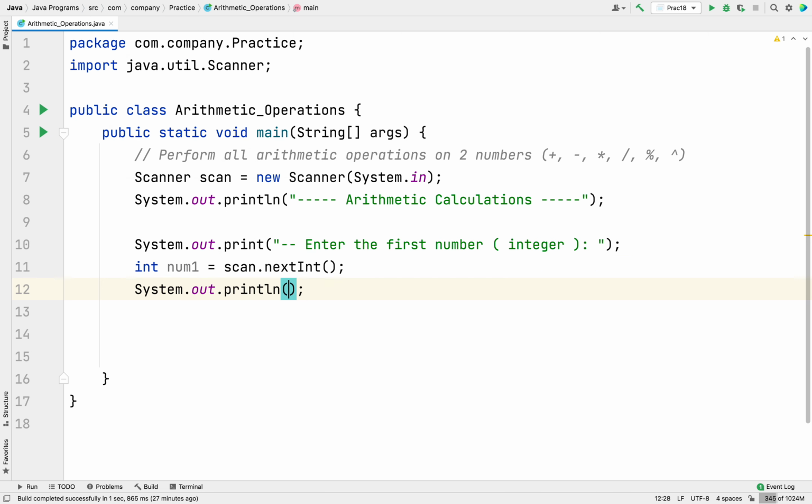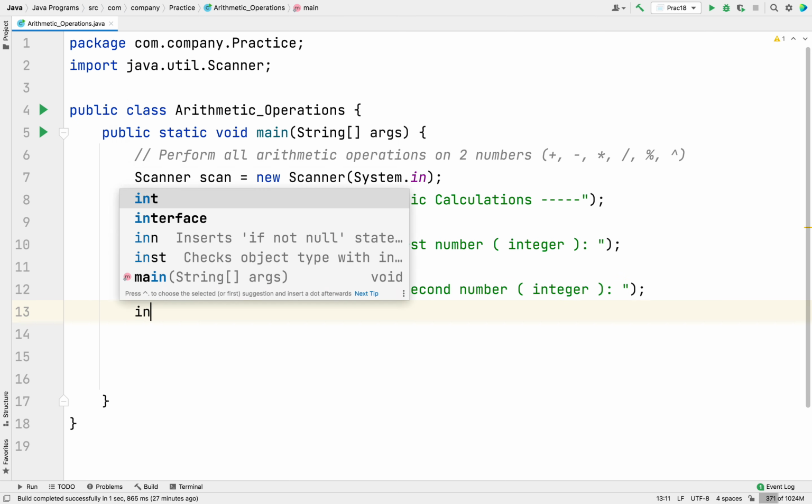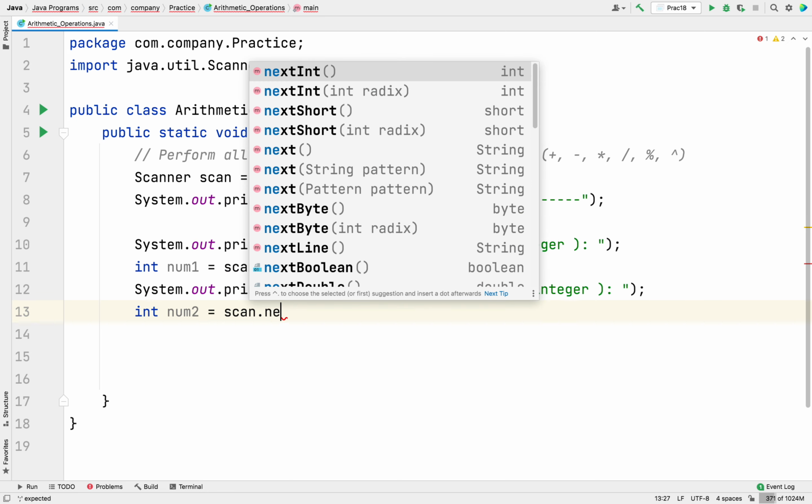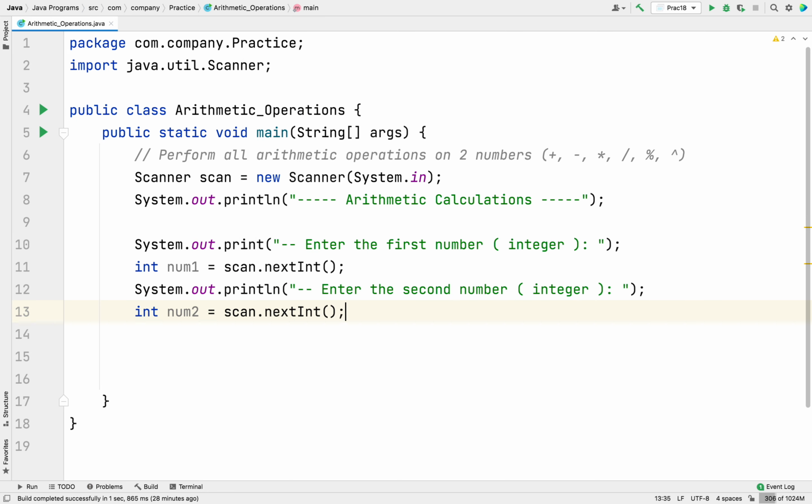Next number. There you go. scan.nextInt. We got both our numbers. Now let's perform the calculations.